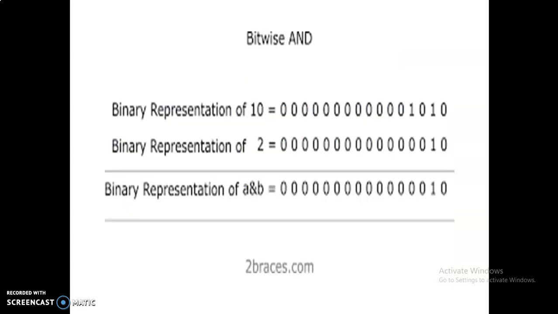So this is the bitwise AND operation. AND means if both values are true, the output will be true. Here the first two bits are 0, so this one is false, this one is false, and the output will be false. Here this is 1, true, and this is also true, so the output will be true. The AND operation means if both operands are true, the output will be true, otherwise the output is false. Here in this fourth line, one operand is true, this one is false, so the output will be false.